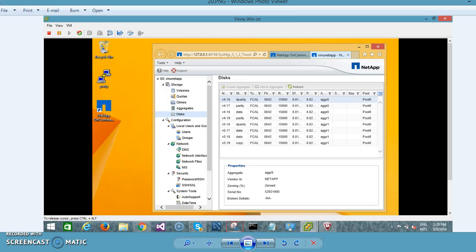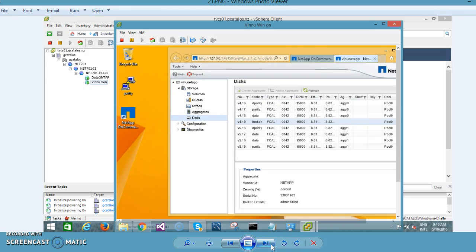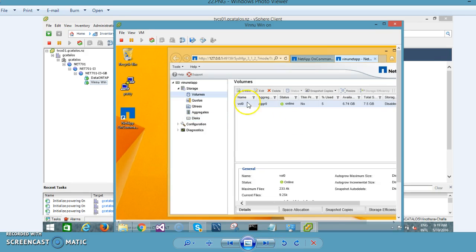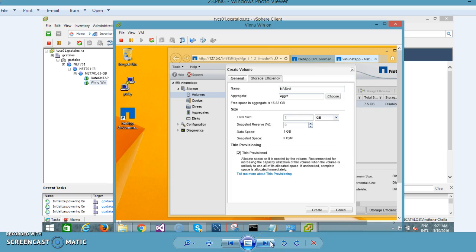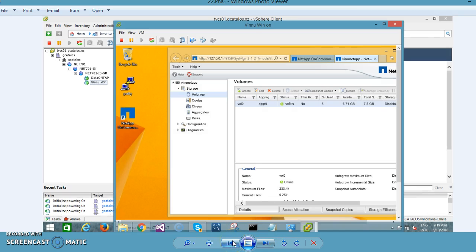So this is what we can add. We can only add to the aggregate whenever the spare disks are available. So in this way you can create the aggregate, and if you want to delete this aggregate, if any volumes are attached to the aggregate, first we need to delete the volumes, and then afterwards we can delete this particular aggregate. As I have mentioned, volume is nothing but a logical representation of storage made accessible